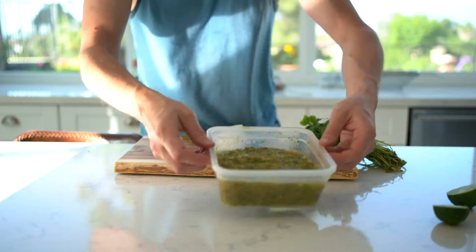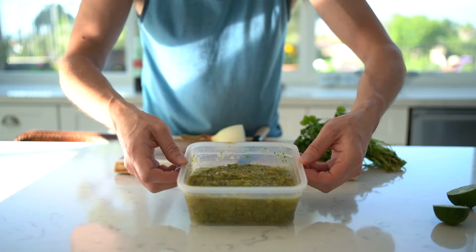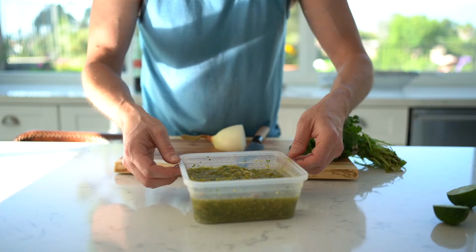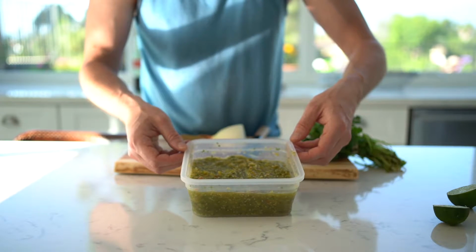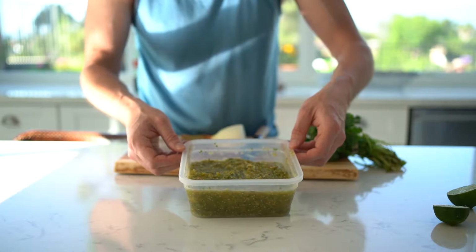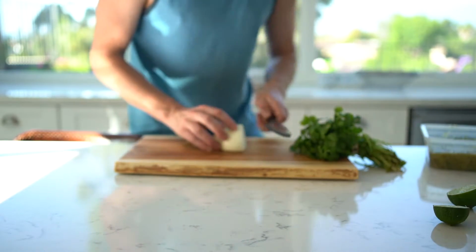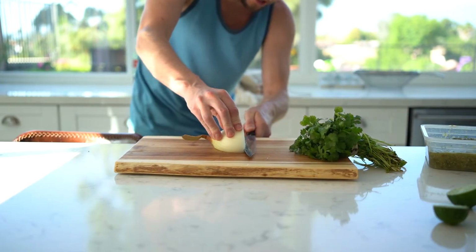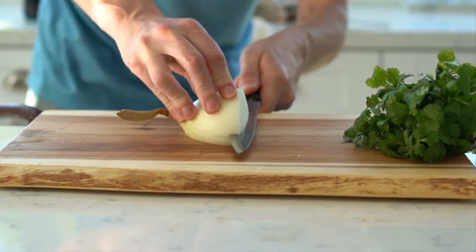The salsa is amazing. It is super, super spicy. I actually had to tone it down a little bit with some regular uncooked tomatoes. So if you ever overdo it on salsa and it's way too spicy, just add a couple tomatoes and it'll tone it down quite a bit. So that's ready to go. And then the last thing we need to do is just get our accompaniments and sides, which we're gonna do